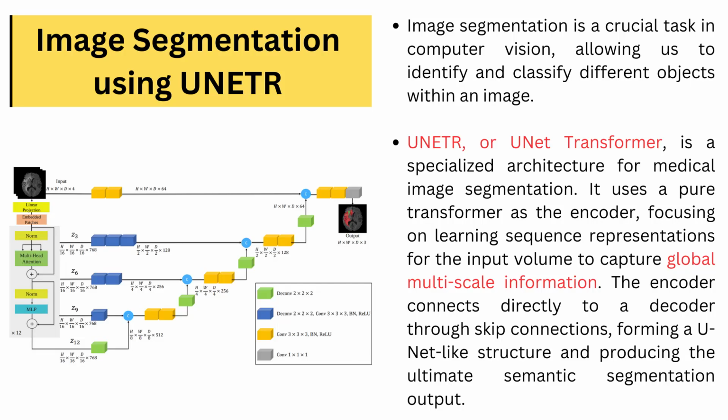In this video we will be diving into the fascinating world of image segmentation using UNETR, a powerful neural network architecture. Image segmentation is a crucial task in computer vision, allowing us to identify and classify different objects within an image. UNETR, or UNet Transformer, is a specialized architecture for medical image segmentation. It uses a pure transformer as the encoder, focusing on learning sequence representation from the input to capture global multiscale information. The encoder connects directly to a decoder through skip connections, forming a U-shaped structure and producing the ultimate semantic